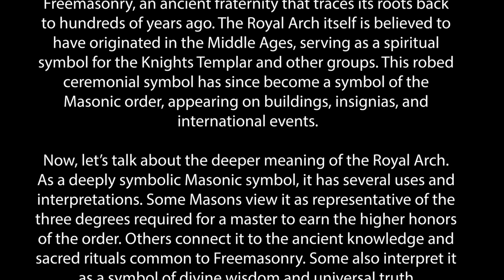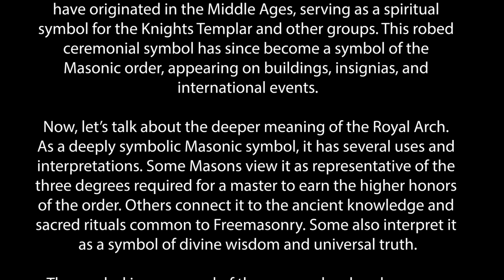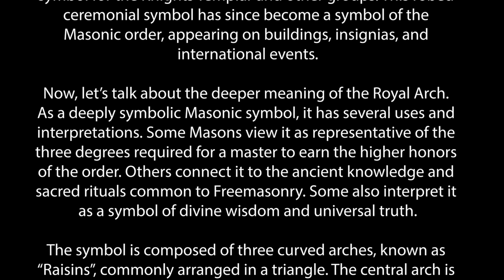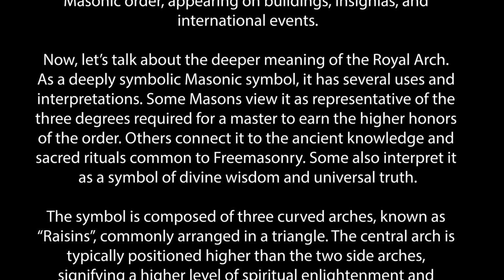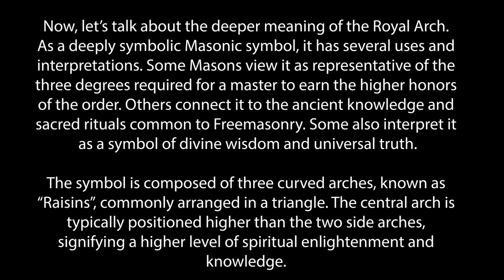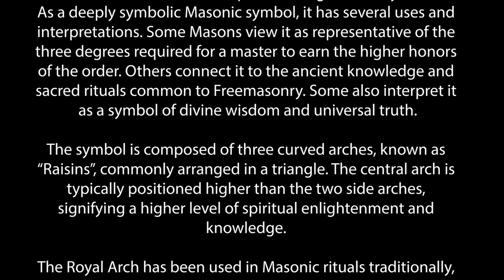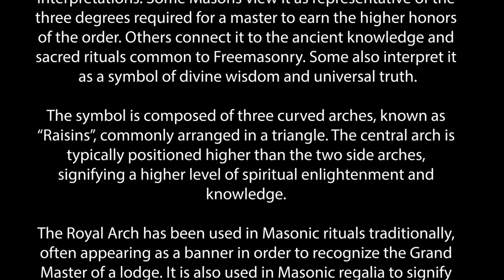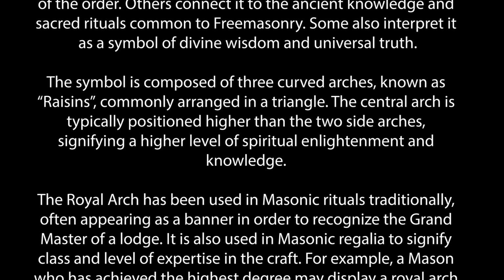As a deeply symbolic Masonic symbol, it has several uses and interpretations. Some Masons view it as representative of the 3 degrees required for a master to earn the higher honors of the order. Others connect it to the ancient knowledge and sacred rituals common to Freemasonry. Some also interpret it as a symbol of divine wisdom and universal truth. The symbol is composed of 3 curved arches, known as raisins, commonly arranged in a triangle. The central arch is typically positioned higher than the 2 side arches, signifying a higher level of spiritual enlightenment and